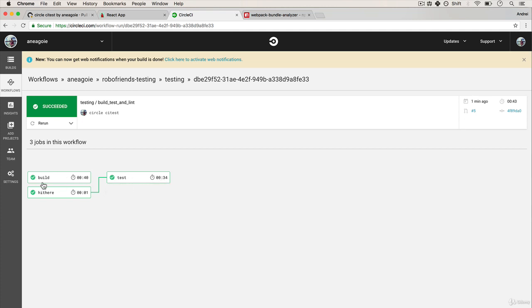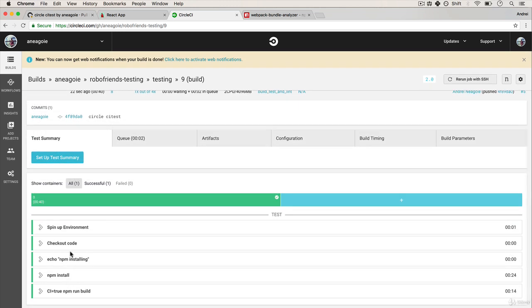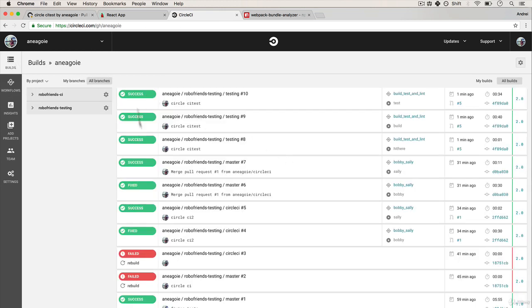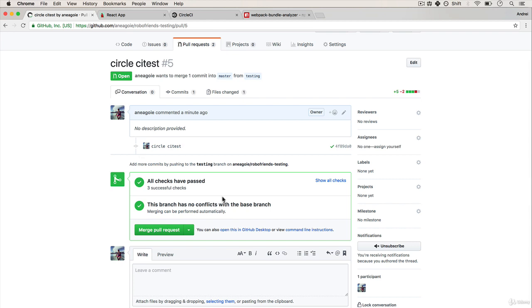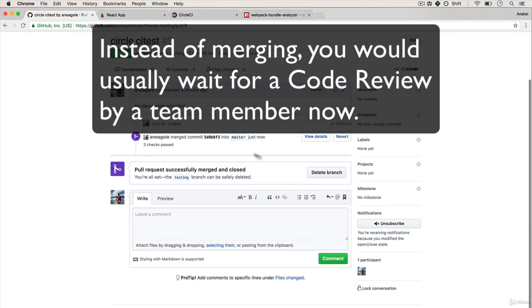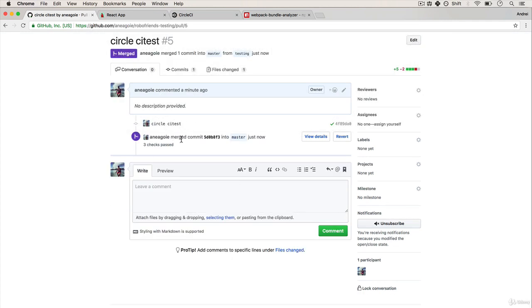Test took 34 seconds, build 40 seconds. If I click on it, yeah, looks like everything passed. Everything is good. Going back to the builds, I see that everything's passing. If I go back and I refresh or wait a little bit, all checks have passed. Everything is good. Merge pull request. Now, the interesting thing here is that this is going to fail every time I now make